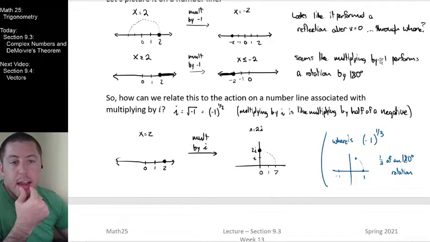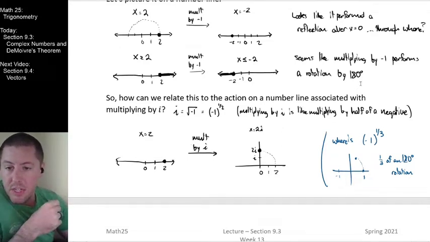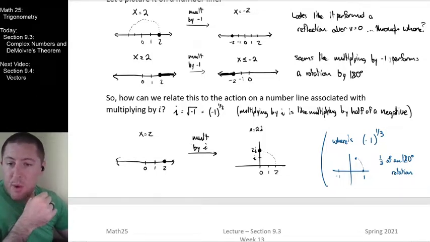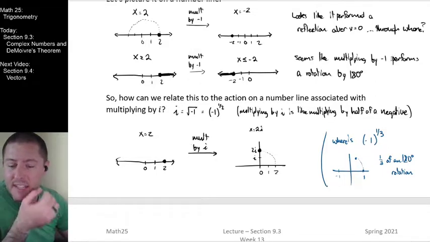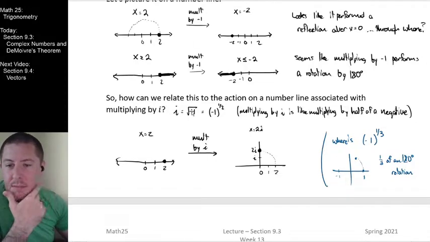If multiplying by -1 does a 180-degree rotation, this makes sense because you know that if you do a 360-degree rotation, then your object is back in its original setting. Similarly, multiplying by -1 twice is the same thing as multiplying by 1, which leaves a number alone. It leaves it in its original position. Furthermore, you know that -1 to the 1/2 power is the same thing as the square root of -1, which is the same thing as i. And if this did what we're essentially amounting to be a 90-degree rotation,